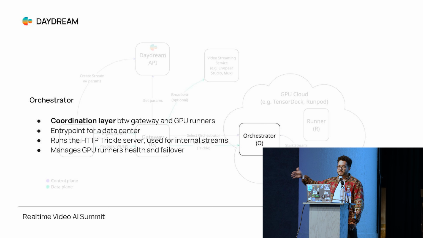Then it streams that WebRTC media to the orchestrator, but it uses a different protocol. Instead of WebRTC, we created HTTP trickle, which is basically a stream protocol based on HTTP, so it's simpler. We basically push and pull segments, and the orchestrator serves as the main piece there. It gets the segments from the gateway, and then the runner on the other side, which I'm going to explain later, pulls these segments and pushes the output back. The orchestrator also manages the runners, which actually do the real-time inference inside the GPU clouds,